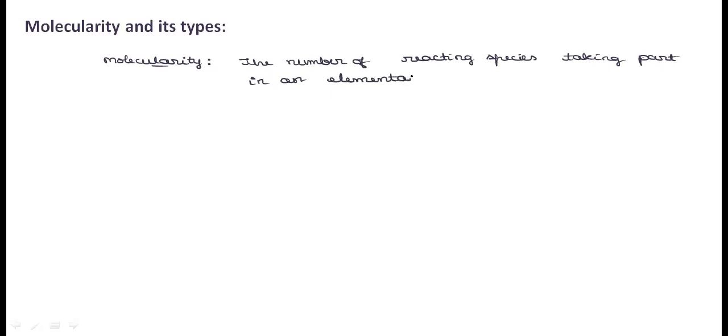If we take any given chemical equation, whether it is an elementary step or a complex reaction, whatever it is, the number of reacting species taking part in an elementary reaction which must collide simultaneously to form